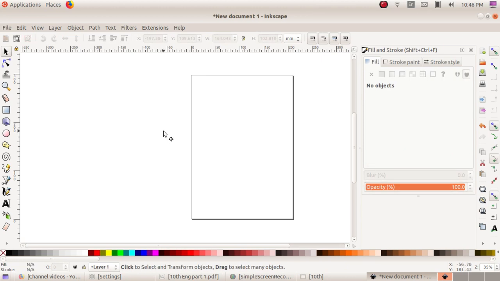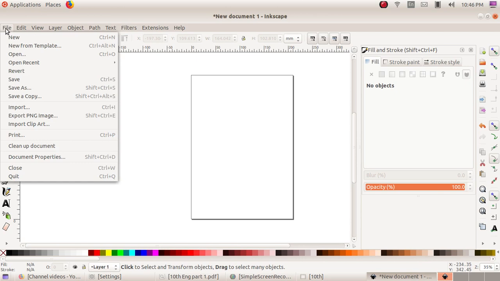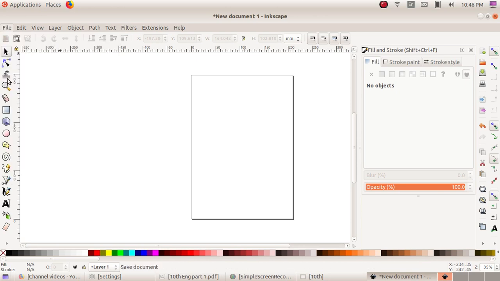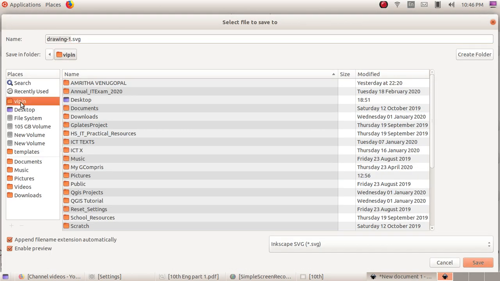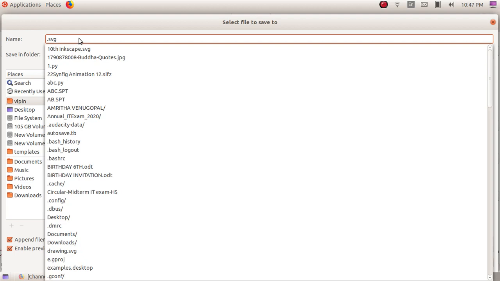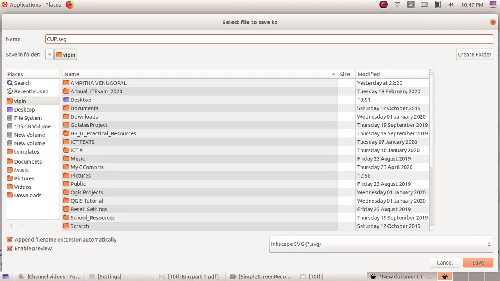First we are starting our first work. You need to save the file. Firstly, go to file and save, and go to home folder, type a name, logo Inkscape SVG.